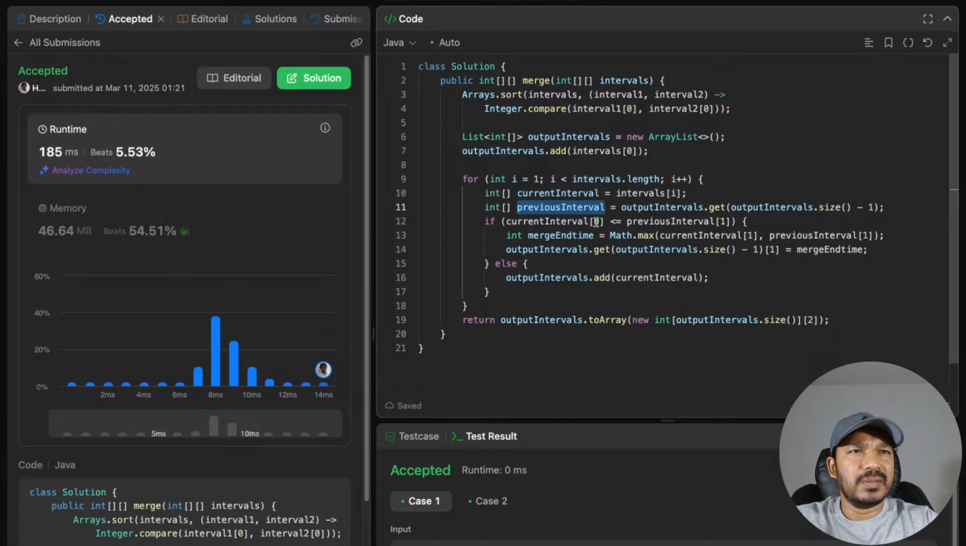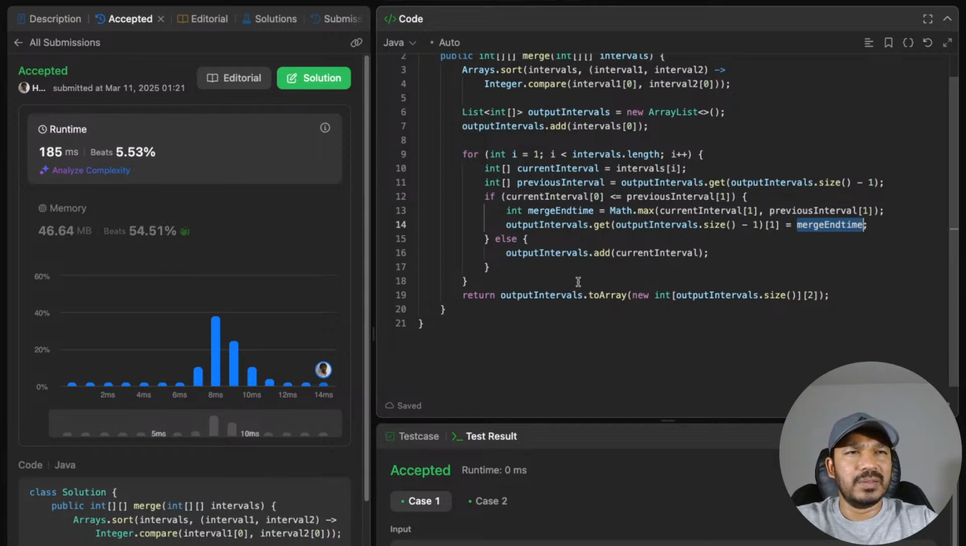If the current interval's start is less than or equal to the previous interval's end, then merge the end time, taking Math.max of current interval of 1 and previous interval of 1, and set it as the end time of output intervals get of size minus 1. Else, if it is not overlapping, then just add it: output intervals add current interval. Output intervals toArray, converting it into an array, new int of output intervals size,